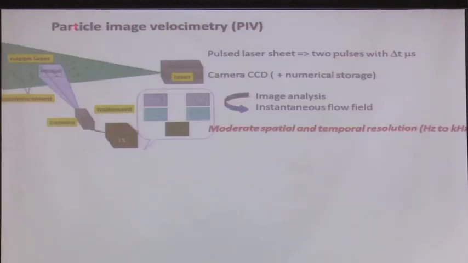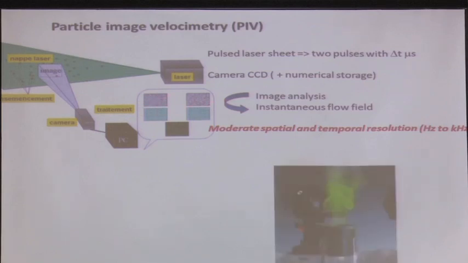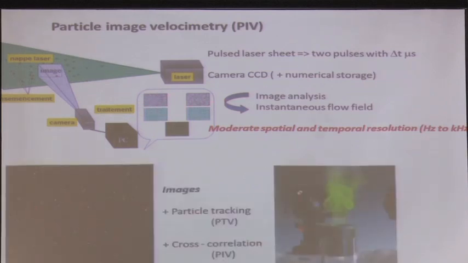So PIV is particle image velocimetry. It is also an optical technique. It is based again on a laser. With a laser you are going to generate a laser sheet, a plane, to shine your setup. And within that plane you will seed it again with particles which are reflecting the light. So you will see with the camera some white and black dots. So maybe you see better here. So you see black and white dots. It's like if you look at the stars in the sky during the night.